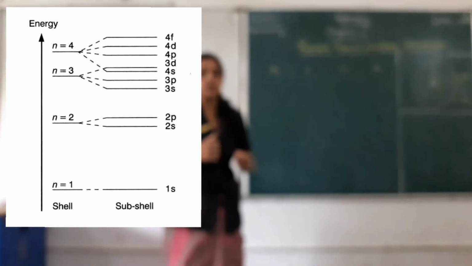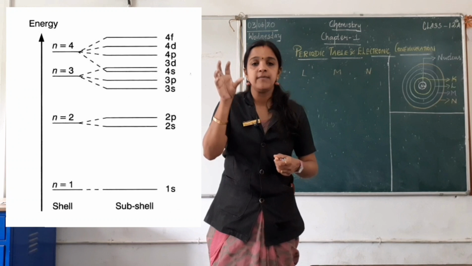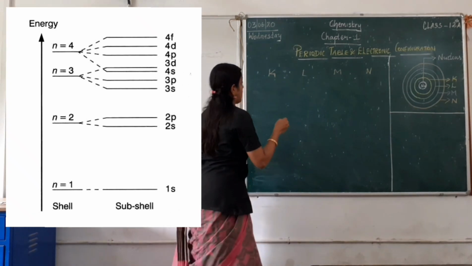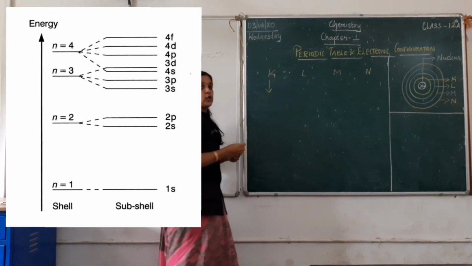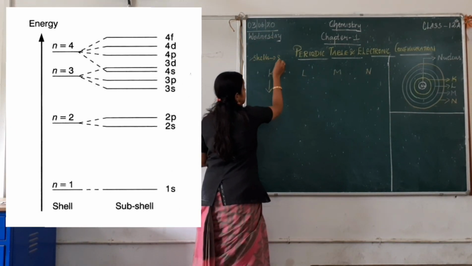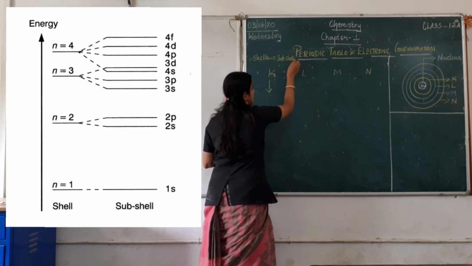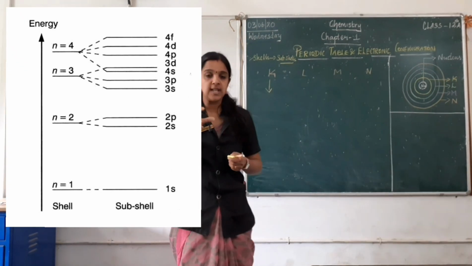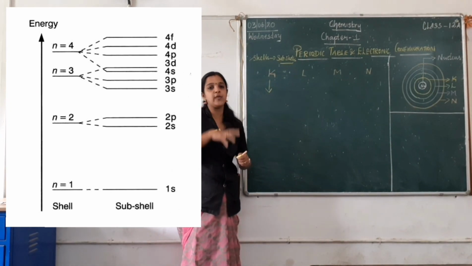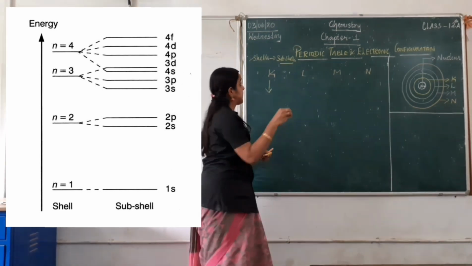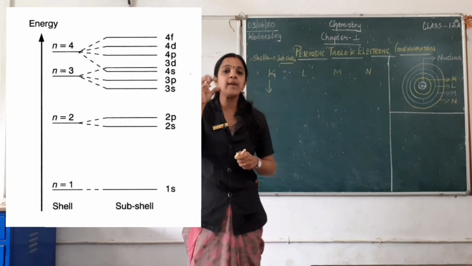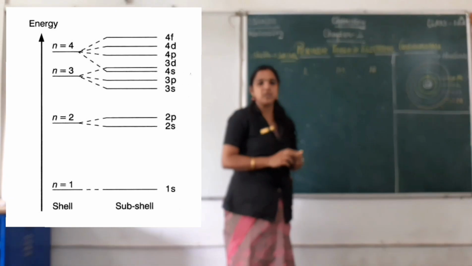What do you mean by classification? Now I know there are shells which are around the nucleus. Now how do I put my electrons in it? To put the electrons, shells are classified into subshells. So my shells will be classified into subshells. So what are subshells? Subshells are the representation of the shells where the electrons will be filled in. The number of electrons present in each subshell will help us find out how many electrons are present in a particular shell.